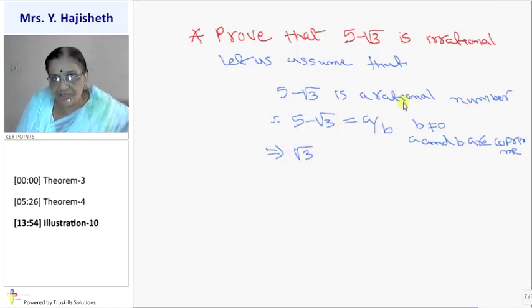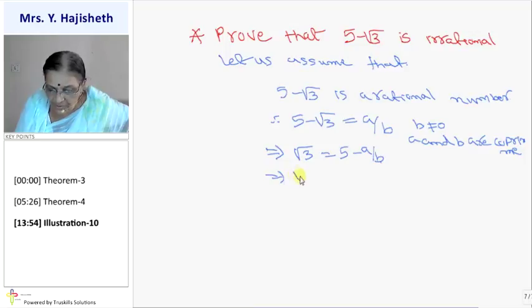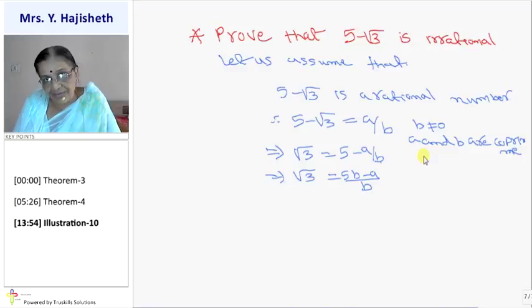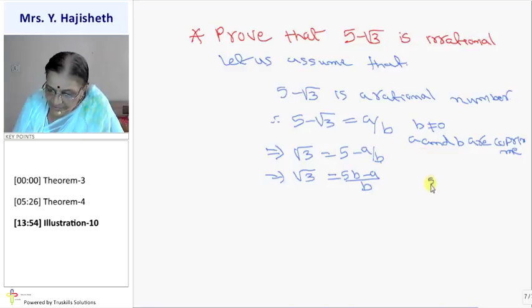So if I change this side, I can get root 3. Root 3 I am taking on that side. A by b I bring on this side. 5 minus a by b. Clear? So it implies root 3 is 5b minus a upon b, cross multiplication. Now you know very well a and b are integer. So naturally I can say 5b minus a upon b, b is not 0 दिया है,